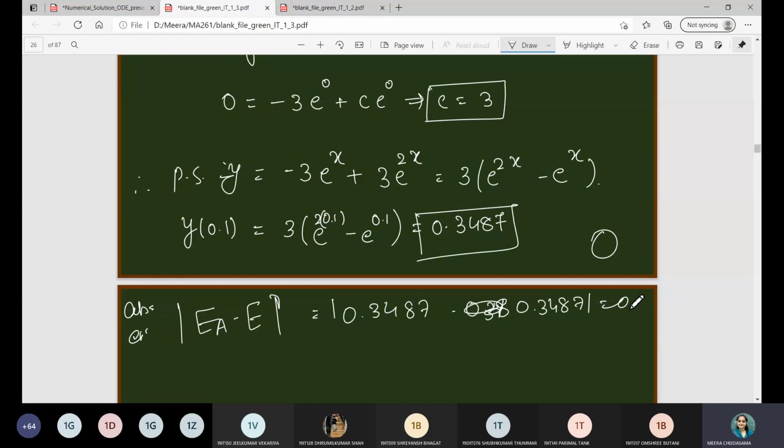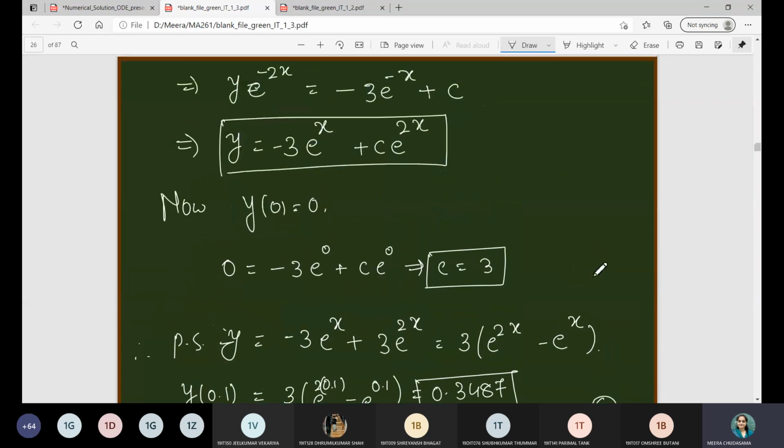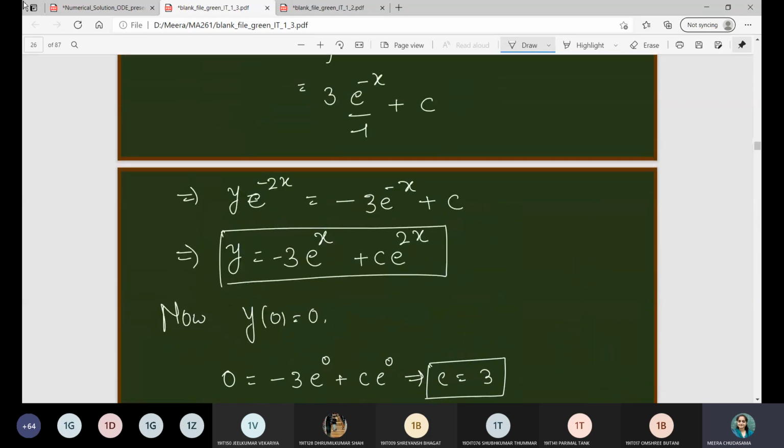So how accurately the RK method of fourth order gives you the answer in just one iteration. The RK method of fourth order is always applicable to first order differential equations, and it will give you the most appropriate approximate answer. Okay, so let me know from these examples, are all these methods, RK method of second order and fourth order, clear to everyone or not? Please raise your hand quickly.